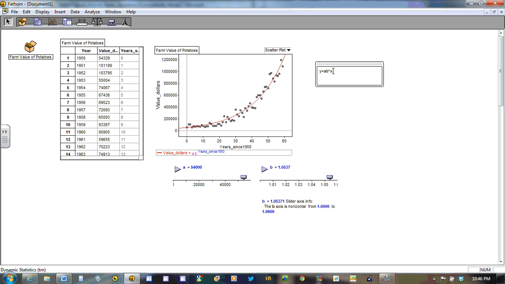So when you go back to your lesson file, one of the questions will likely ask you about the equation. So the farm value y in dollars would be equal to an initial dollar value of 54,000 multiplied by a growth factor of 1.0537. That's about